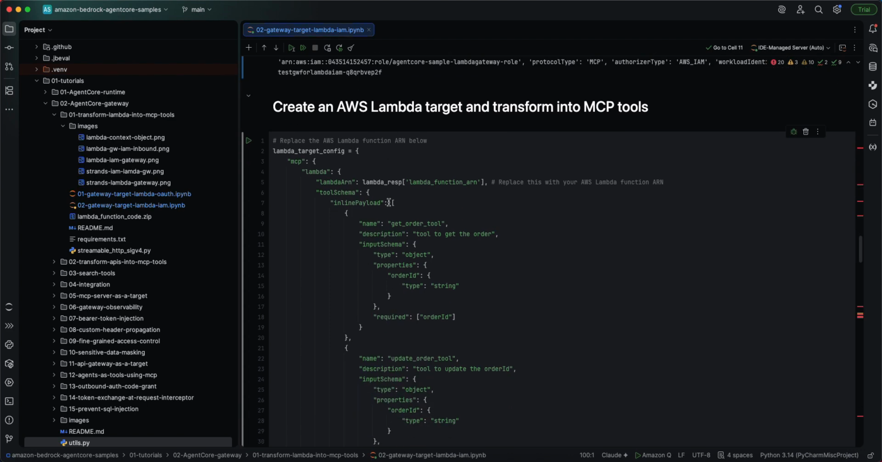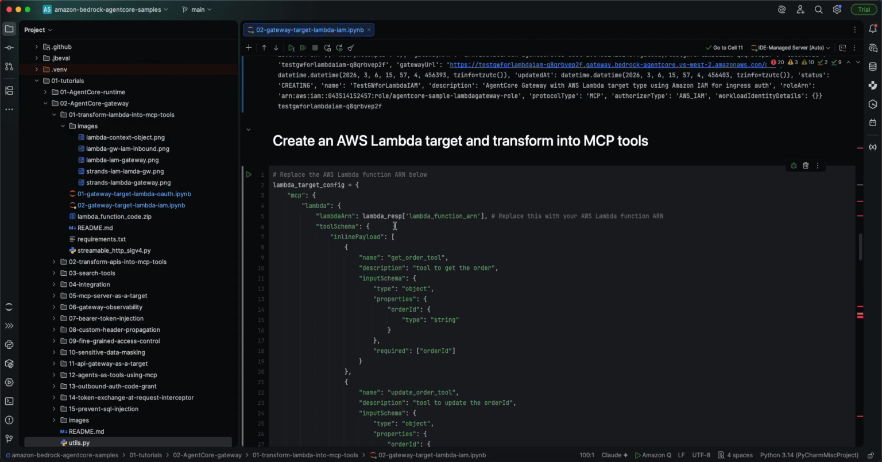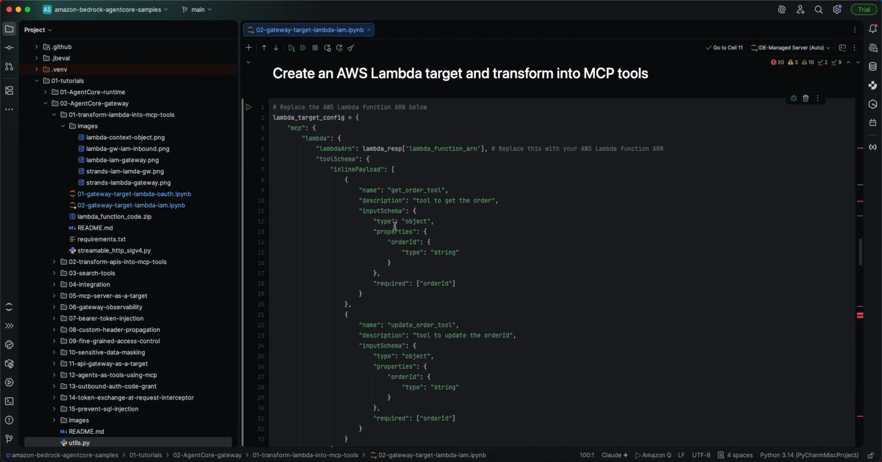Okay, now it creates an AWS Lambda target and transforms it into MCP tools. So let's look at this. There's a target config, and this is the schema that I'm talking about. This is the thing that for me is, where is this and how do I get this to work? And here Amazon's giving it to me, so that's great, but I want this automatically generated based on my code, so I don't have to do any work to make sure that this is configured properly. But here's the Lambda target config. It's telling me I got a tool. Here's a payload, a tool,